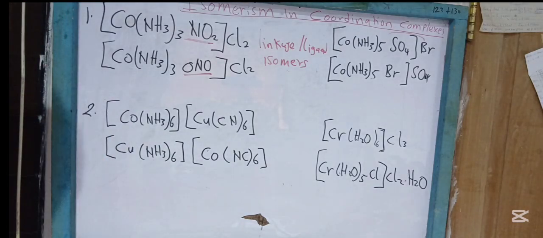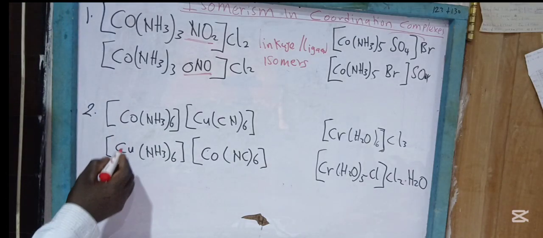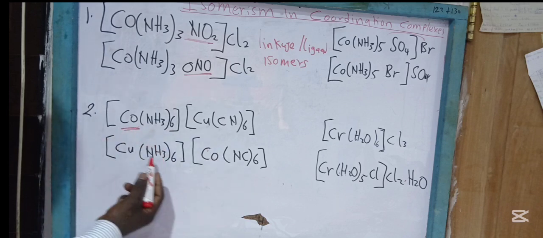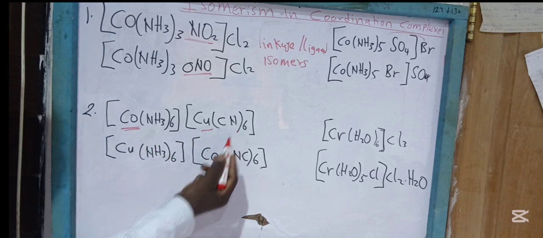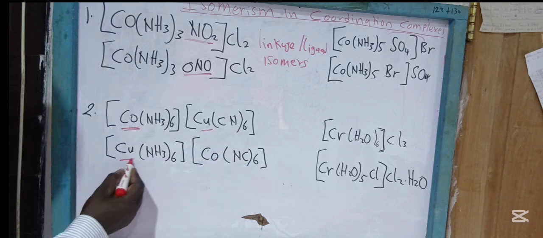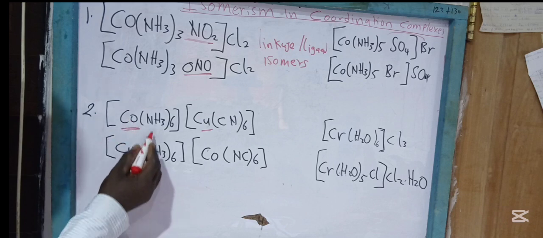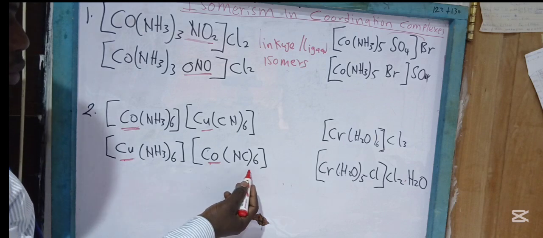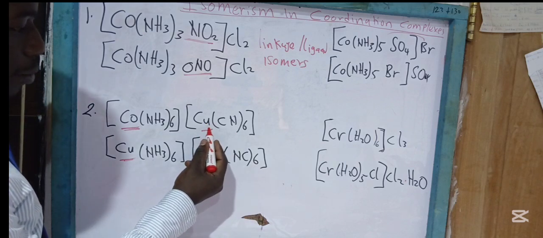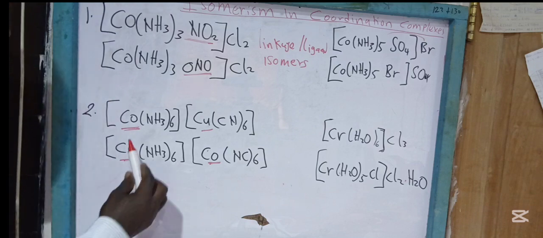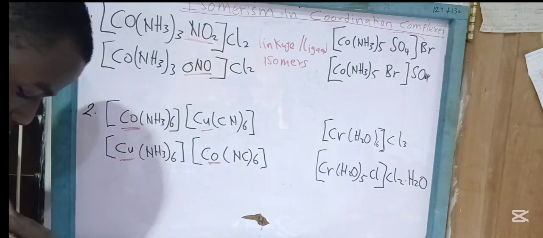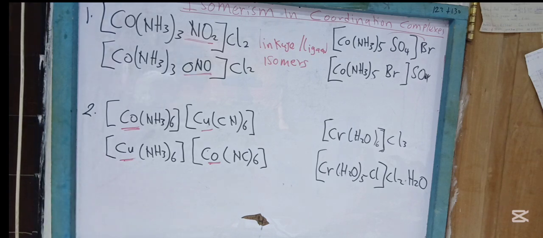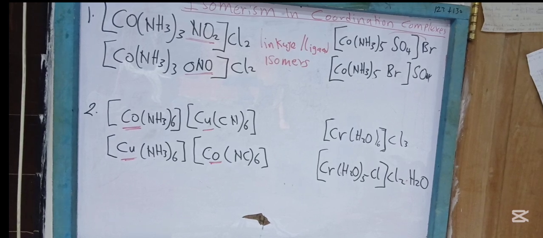So the second one, let's look at the second one. You could see that we have cobalt here forming a complex with ammonia, copper here forming a complex with cyanide. And here we have copper instead of cobalt forming a complex with ammonia. And here we have cobalt forming a complex with cyanide instead of copper. So you could see that the two different metal atoms have exchanged their positions,